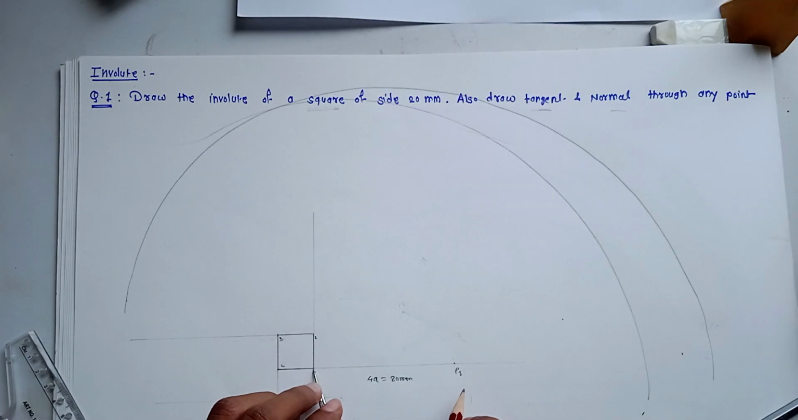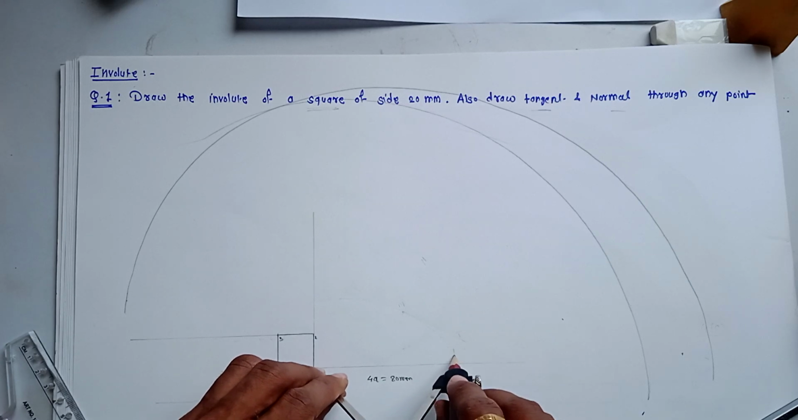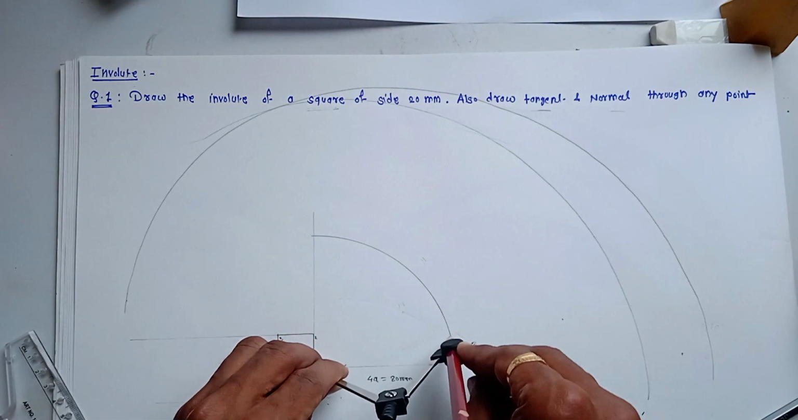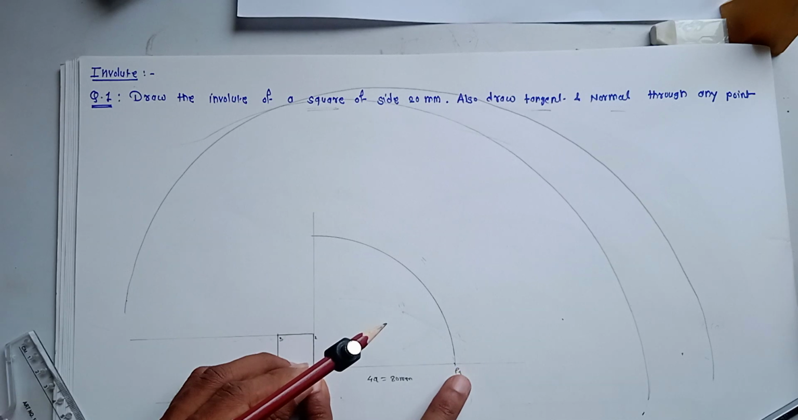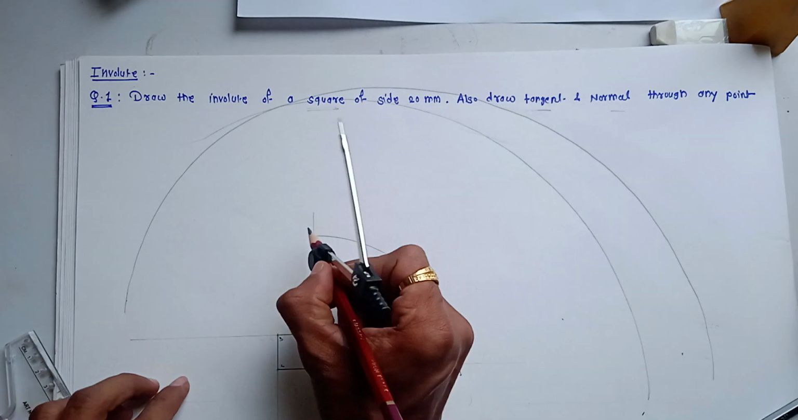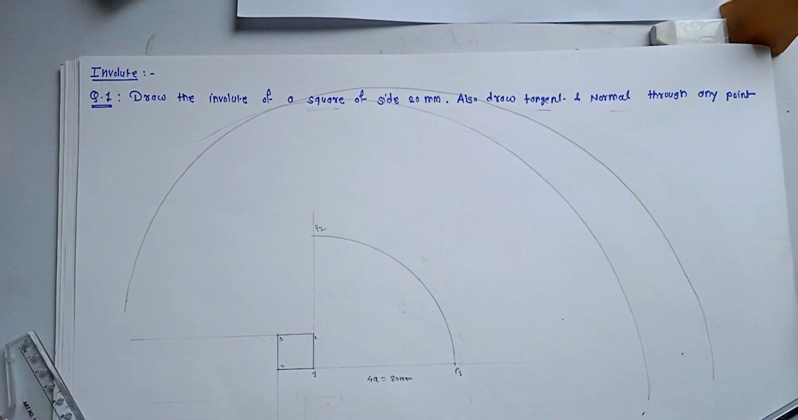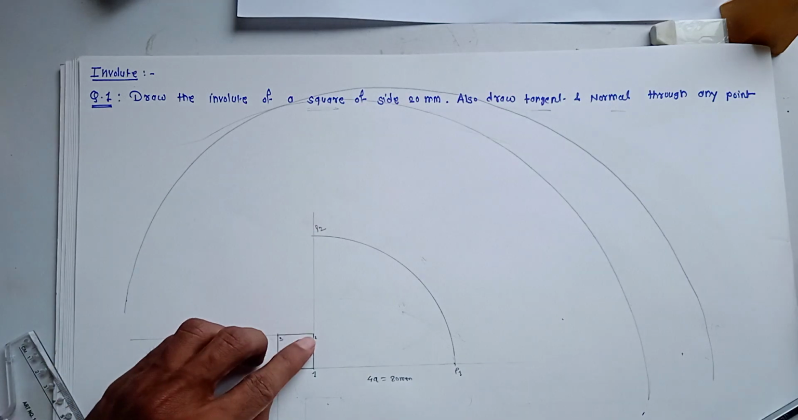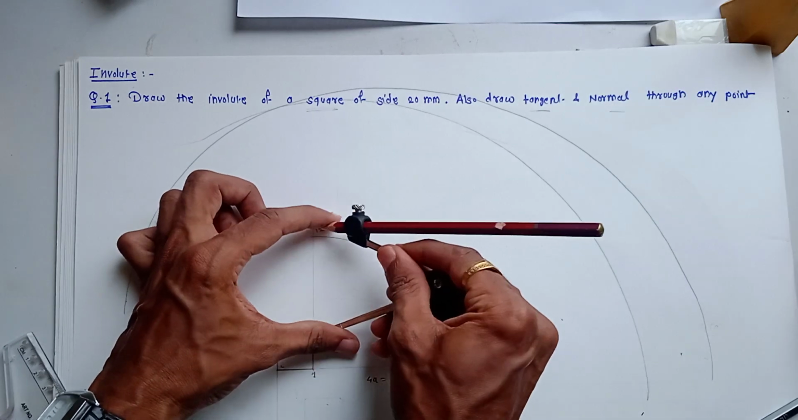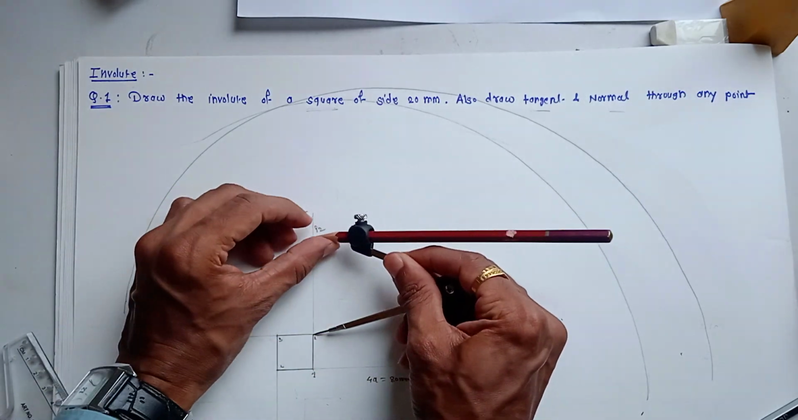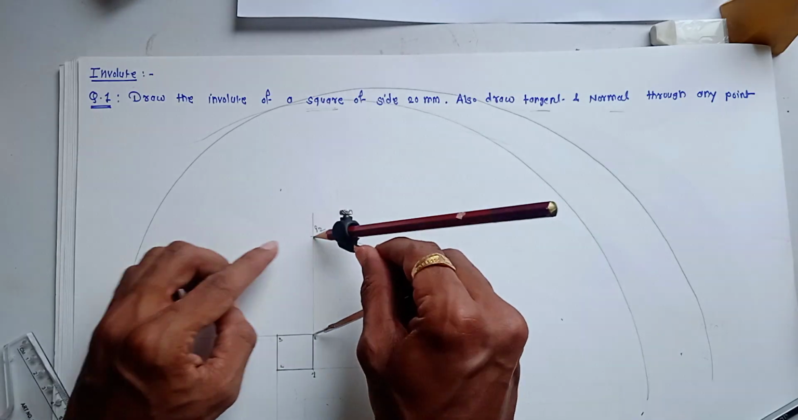First take 1 as a center, and the radius equal to the perimeter, which is 4a, and draw the arc like this. For this region, the center point is 1, and the radius is equal to the perimeter. After this point, take this point as P2. The radius will change and even the center point will change. So we should take 2 as the center point. Take this radius, the distance 2 to P2, and from this point